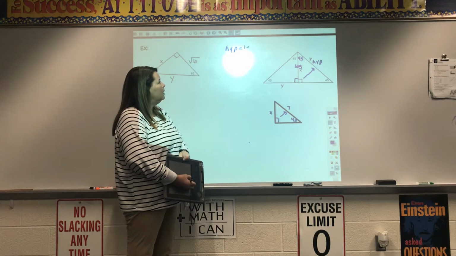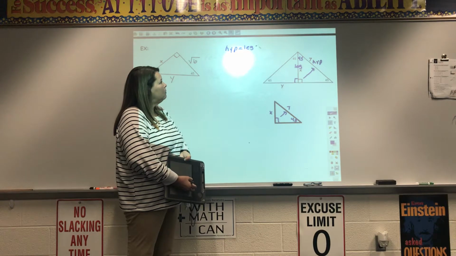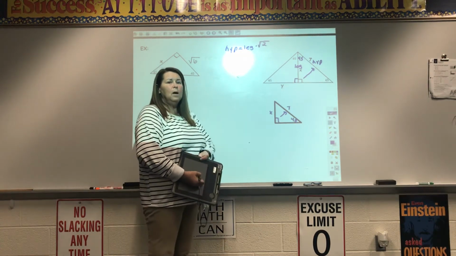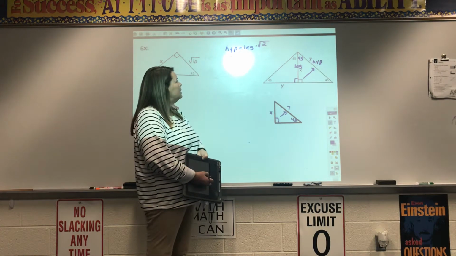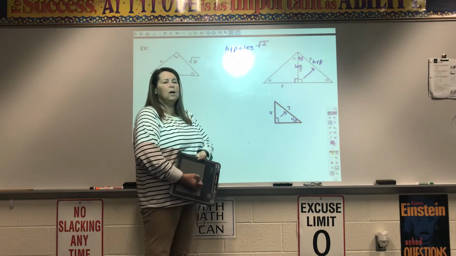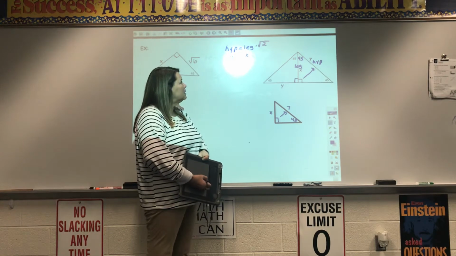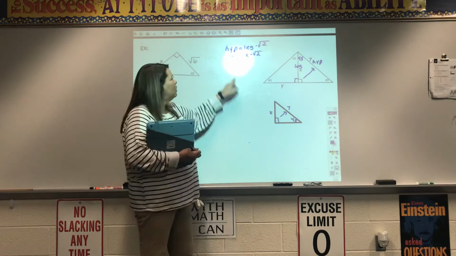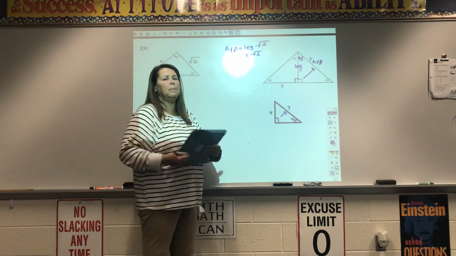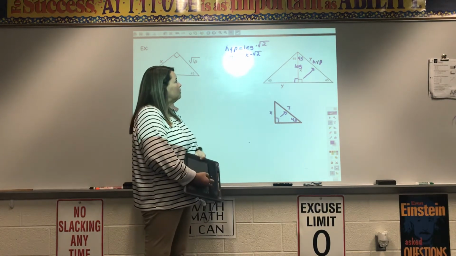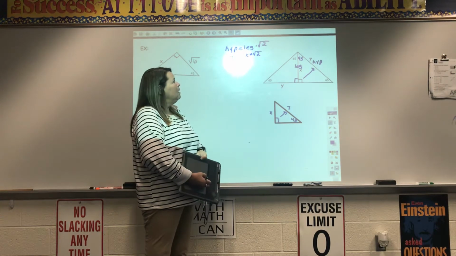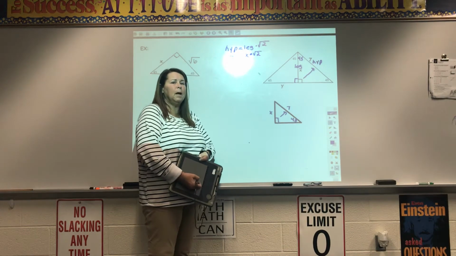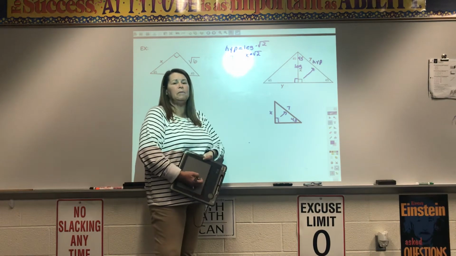equals a leg times radical 2. So fill in what we know. We know the hypotenuse is 7. I know the leg is x times radical 2. So we have a one-step equation to solve right here. All right? This is times radical 2, so to undo multiplying by radical 2, you have to divide by radical